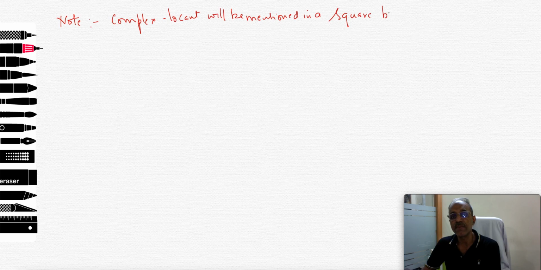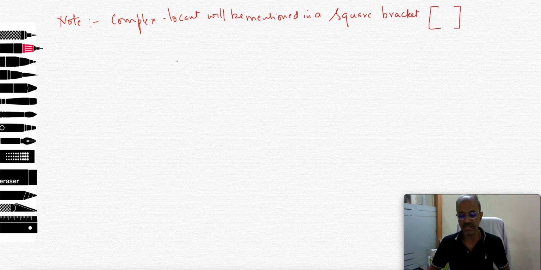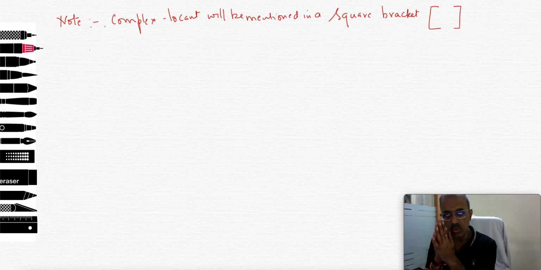Square bracket in the sense like that. Square bracket. Okay? Then second thing, if the complex locant is more than 2 or more than 2, then it